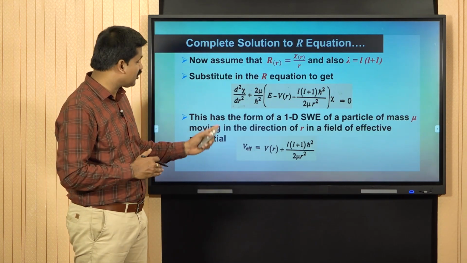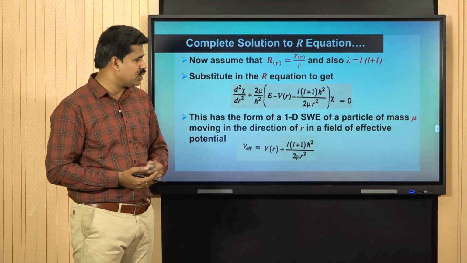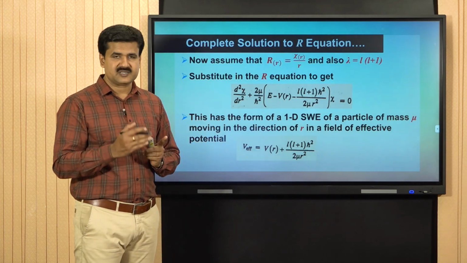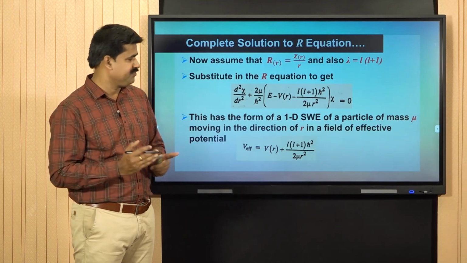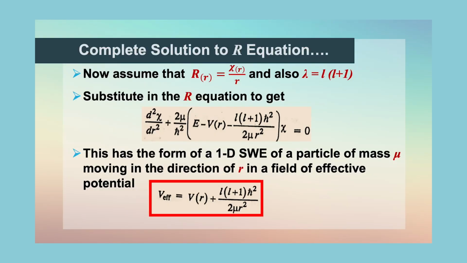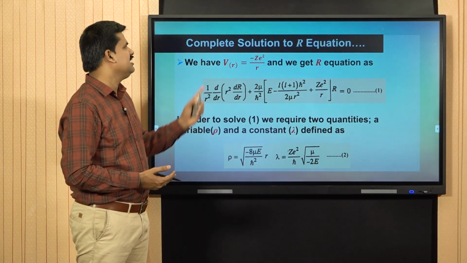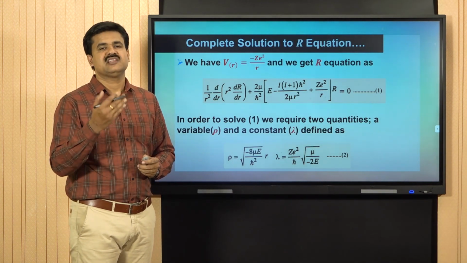The effective potential is given by the relation V effective is equal to V(r). V(r) represents the potential energy that depends only on the variable r. So V effective is equal to V(r) plus l(l+1) ħ² divided by 2 μ r². And we have the value of V(r), that is the potential energy that depends on the variable small